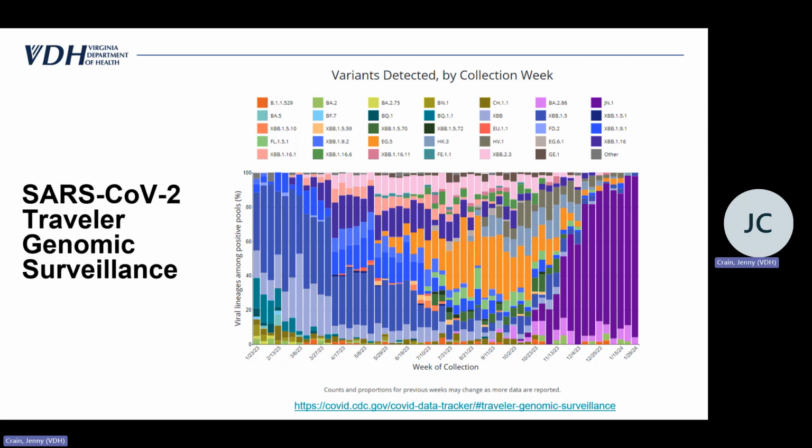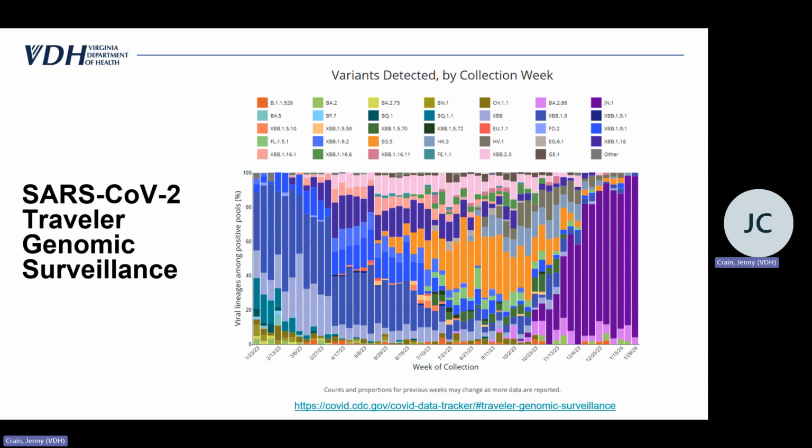And so the information that they give in this voluntary survey is not super complete. It's sometimes a bit of a struggle for an epi mind, as we want to know exactly who it is. Are they a Virginia resident? Is this their final traveling destination? Or is this just a transfer for them as they're moving on to another state and they actually live somewhere else? And we want their first name, last name, date of birth, but that's not the way this system works. And so this is, again, an anonymous, voluntary surveillance system, but it is really important. The first, I think it was BA.2.86, was identified through the traveler genomic surveillance system in terms of when it first was identified in the U.S.